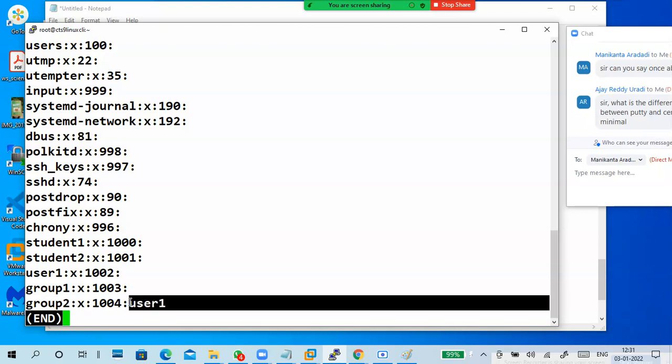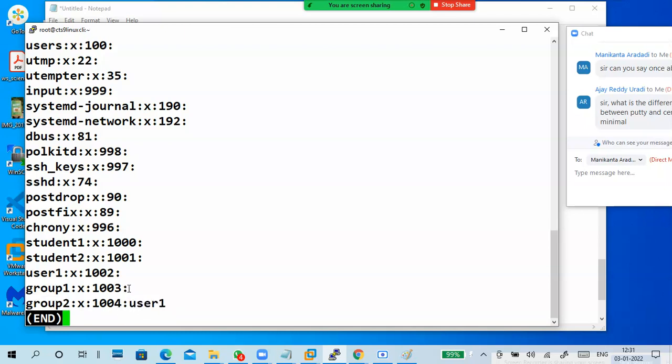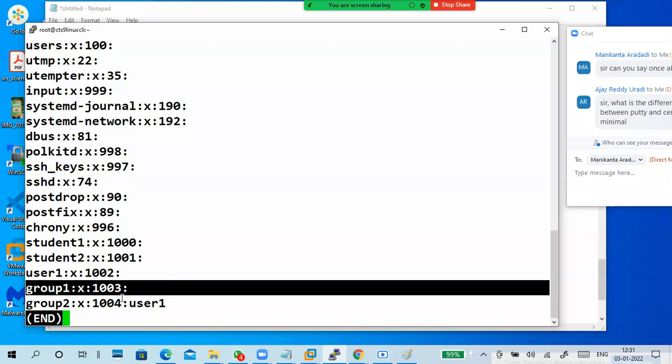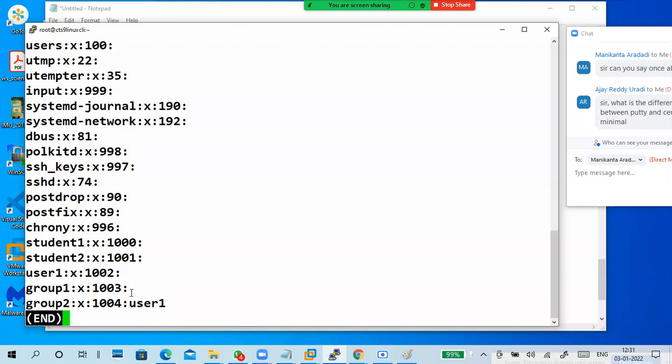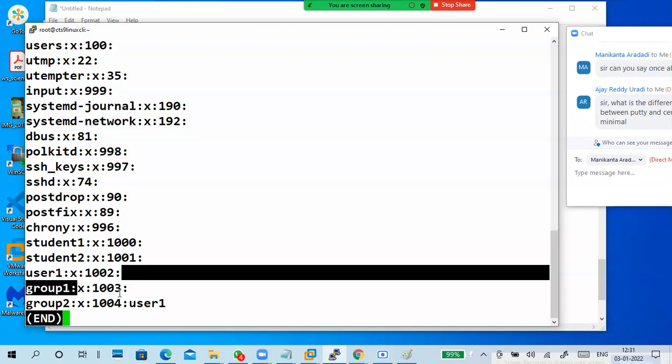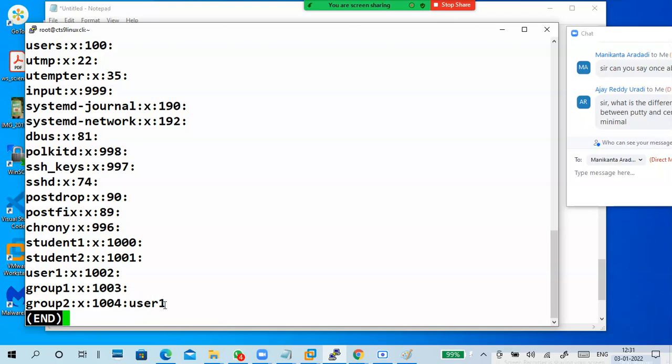Can you see user1 is displaying? Here user2, user3, user4 are not displaying because for them this group is primary. For user2, user3, group1 is the primary group, that's why it is not displaying here. But user1's secondary group is group2, obviously it is displaying here.